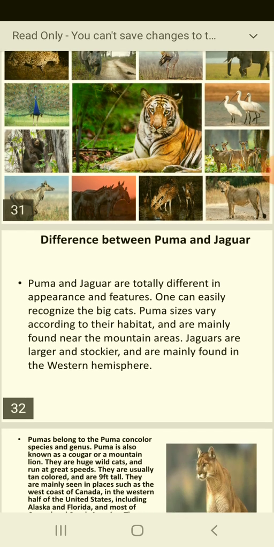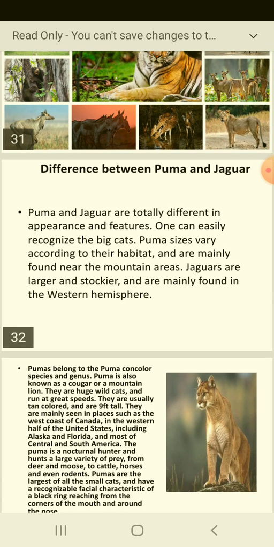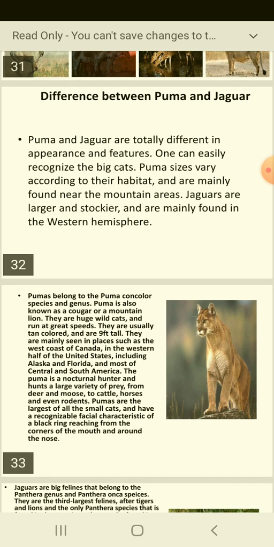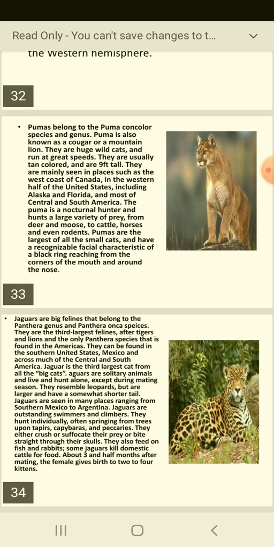Here I have given some extra information for you. Difference between puma and jaguar. You should always know about these two important wild animals, puma and jaguar. See, these are totally different in appearance. One can easily recognize the big cats as they belong to the cat family. Understood? So you can read it from here.